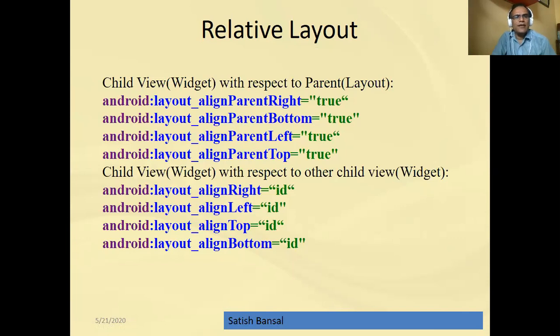And in the second case, if we want to connect widgets with respect to another widget, we use the last four attributes: align right, align left, align top, align bottom. To connect, we need the ID of the first control or widget.